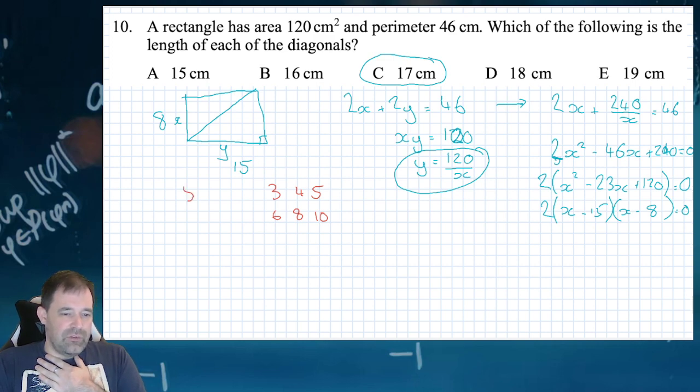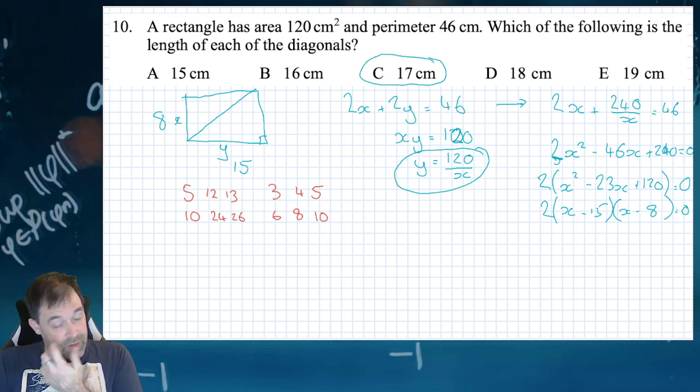Another set of triples is 5, 12, and 13, and that will get you 10, 24, 26. And again, they're all Pythagorean triples, as in whole number answers to Pythagoras. And then the third one is if we just take this one and switch it slightly, we can have 4, 3, 5. What you do is you can double that one, and you then get